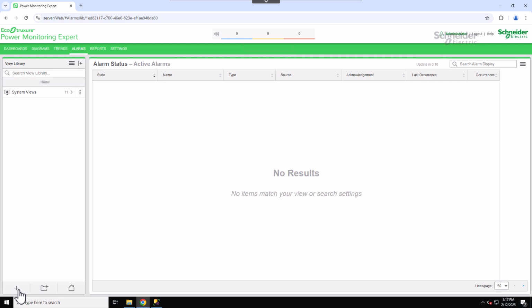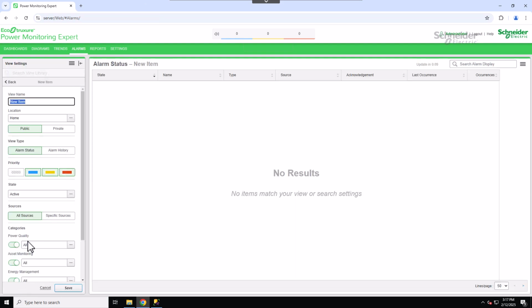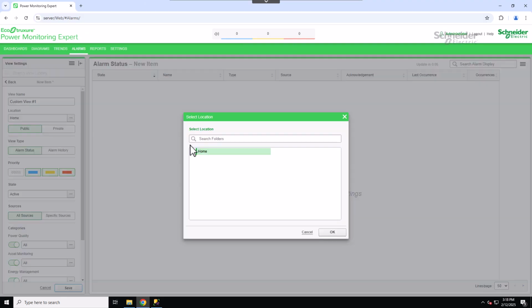First, click on the plus button while you're outside the system views. The first thing you'll need to do is assign a name to your new view. I'll go ahead and name mine Custom View Number 1. Next up, let's define the location. By default, it's set to Home, but if you have multiple views, it's a great idea to create a folder